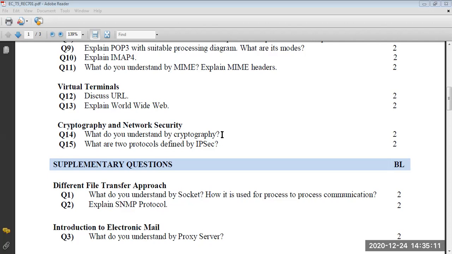Cryptography basically deals with network security, where the data from the sender to the receiver is transmitted in a secured way. इसमें क्या होता है कि सपोज एक प्लेन टेक्स्ट होता है जिसको हम ओरिजिनल मैसेज कहते हैं, उसको पहले हम साइफर टेक्स्ट में कन्वर्ट करते हैं टू इनक्रिप्शन एंड द सिक्योर्ड की। उसके बाद रिसीवर एंड पे उसको हम डिक्रिप्ट करते हैं विद द सेम की, क्लियर। तो साइफर टेक्स्ट रिसीवर एंड पे प्लेन टेक्स्ट में फिर कन्वर्ट हो जाता है। दिस इज द बेसिक कॉन्सेप्ट ऑफ द क्रिप्टोग्राफी। इसमें हमने सिमेट्रिक की एंड पब्लिक की क्रिप्टोग्राफी पढ़ा था। सिमेट्रिक की इज द सेम की क्रिप्टोग्राफी और प्राइवेट की क्रिप्टोग्राफी। पब्लिक की आपका एसिमेट्रिक की क्रिप्टोग्राफी होता है। एंड वी हैव द क्वेश्चन रिलेटेड टू आईपी सिक्योरिटी।